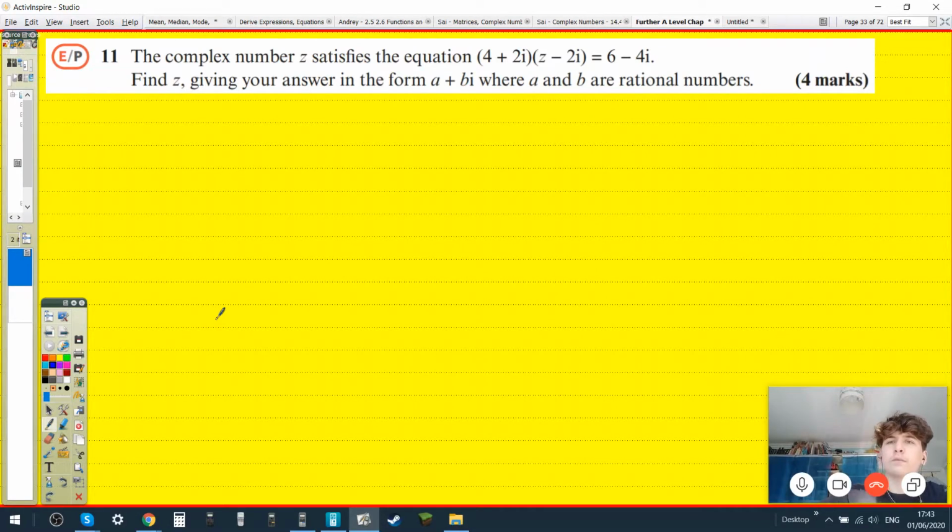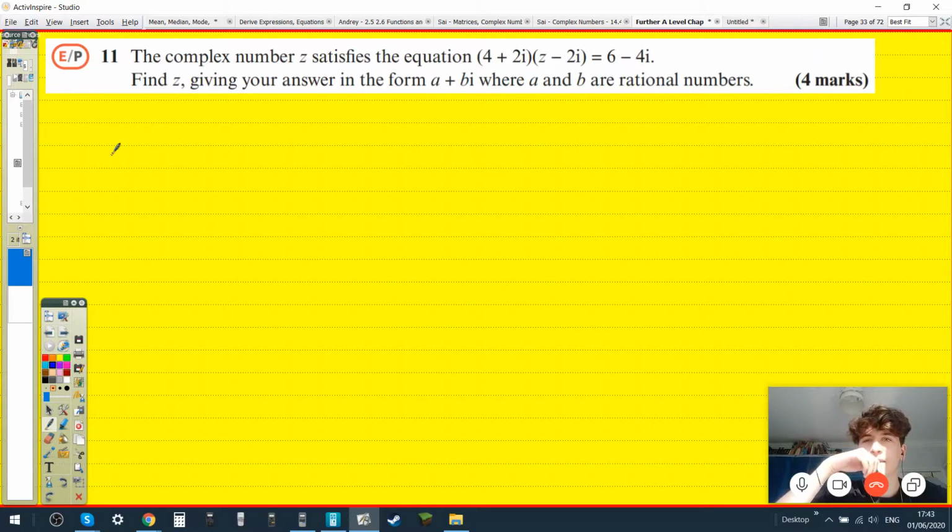Okay. So 4 plus 2i, z minus 2i equals 6 minus 4i. Find z, give me your answer in the form a plus bi, where a and b are rational numbers. So I guess we